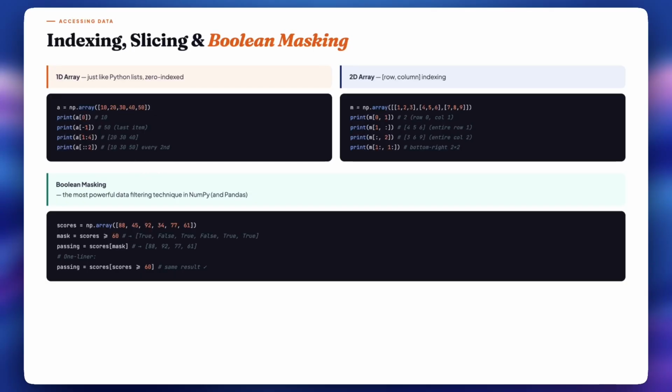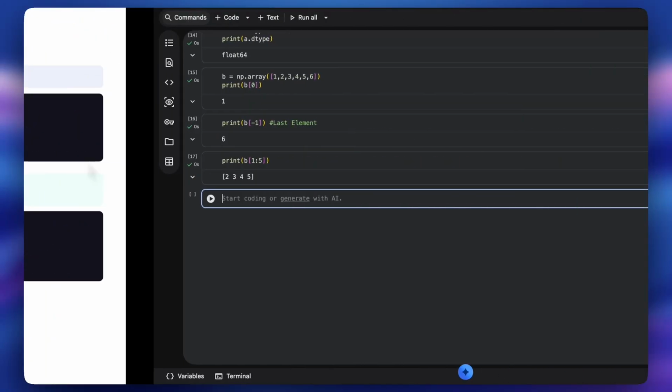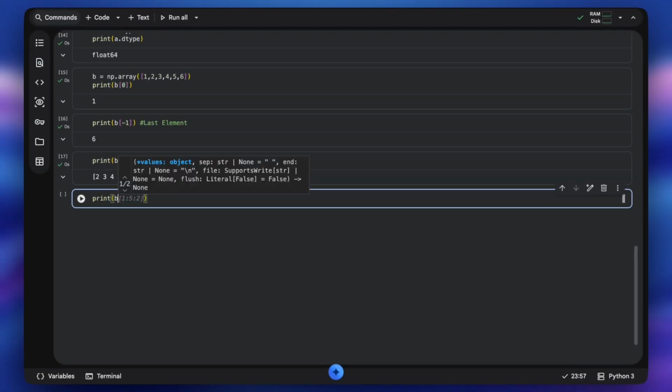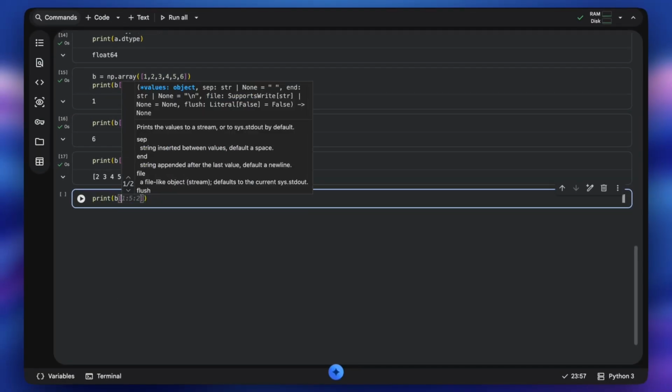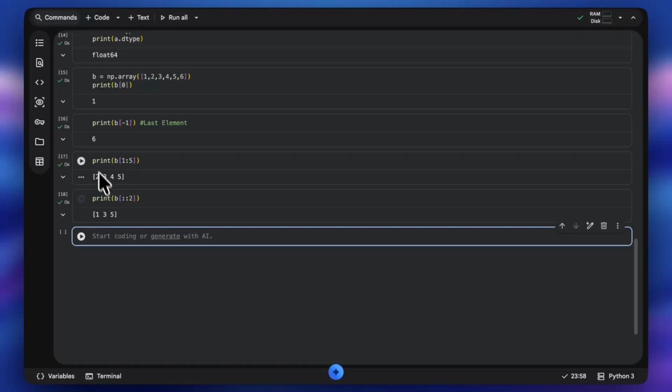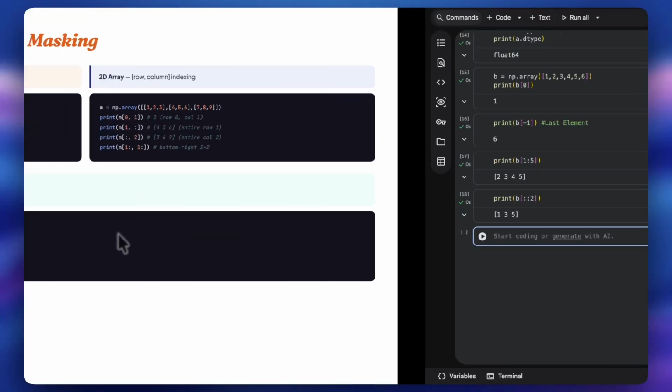So we covered 3 of them, and we are now left with just one move, which is printing every second or third, right? So if I want to print every second element, I'm going to do B, and then I'm going to put colon, and then 2. This will print all the second elements, like the second element starting from 1. So 1 we have, and then the second element is 3, then 5, and if there would be 7, then it would have been printed 7 too, right? So this is how it works in 1D array.